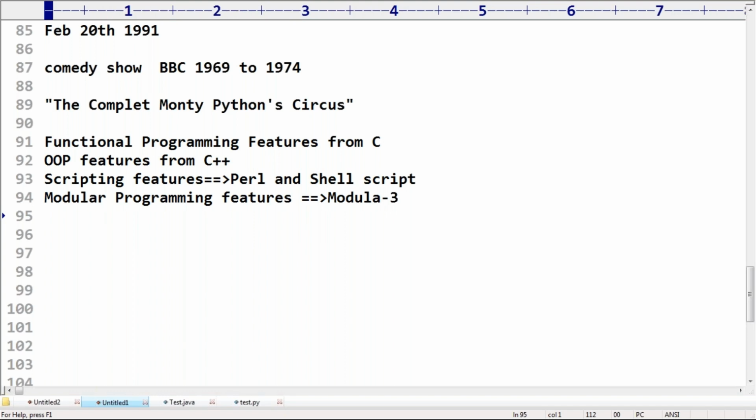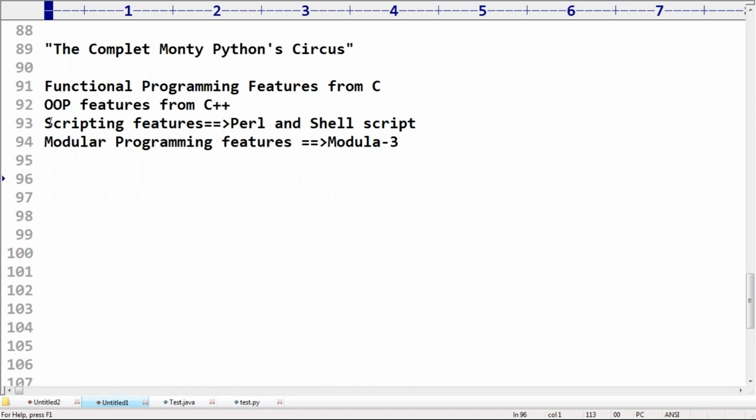So most of the features are borrowed from other languages. That's why Python itself is nothing but everything, sir. Remember this one. Next, most of the syntax we are using in Python is borrowed from two languages, right? C language and can you please tell any other language?